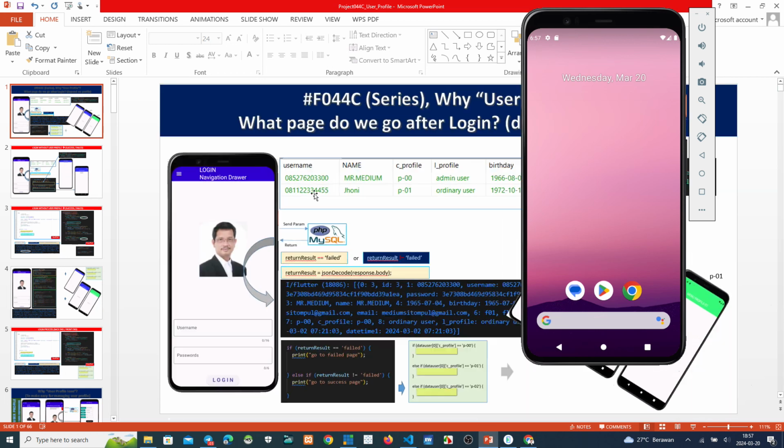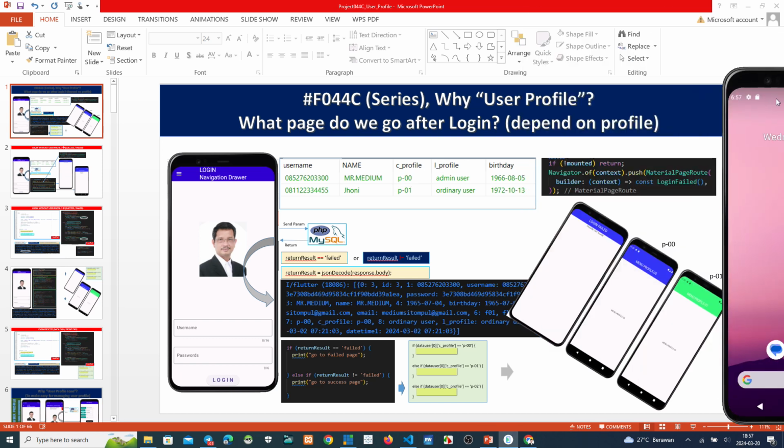If we login become admin user, profile 00, so after that, we go to profile 00. If we login with this username, this is a profile P-01.